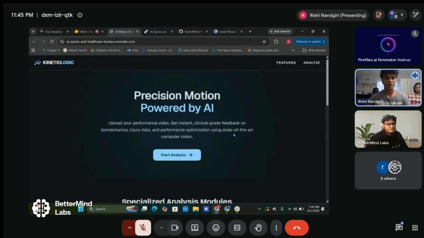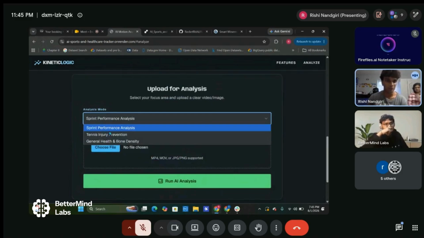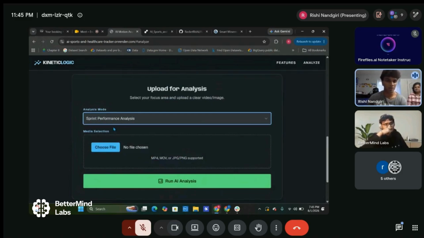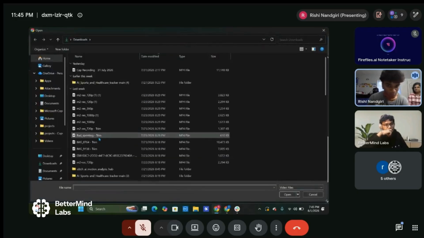So this is my application. What you want to do first is click Start Analysis. Then if you click this button, there are three versions. We're going to click the sprint part because that was the part I worked on. Then you can choose any file you want. I'm going to choose this one,